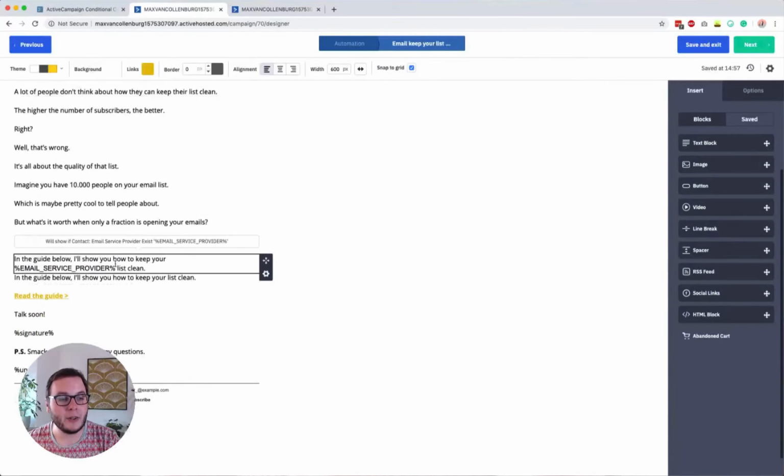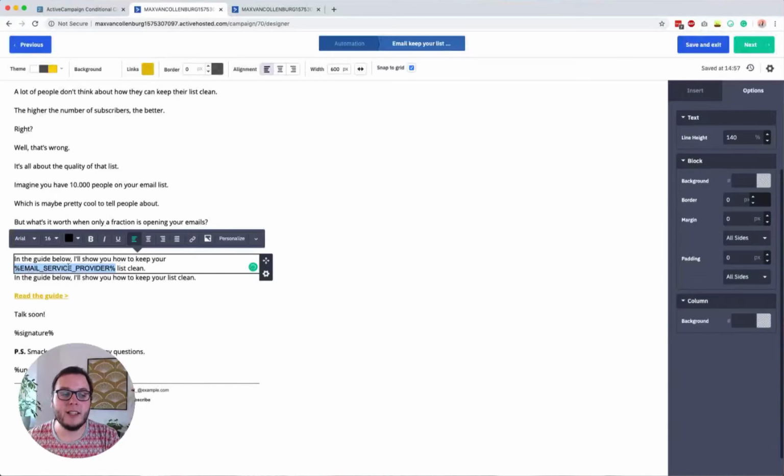So then another example that I have here is based on which email service provider people use. So you probably have something different, right? But I collect data on which email service provider someone is using so that I can personalize my emails based on that. So I inserted a personalization tag here with the email service provider that they use. So if I know that you are using ActiveCampaign, there would be ActiveCampaign inside that custom field, and then this email would read as the following.